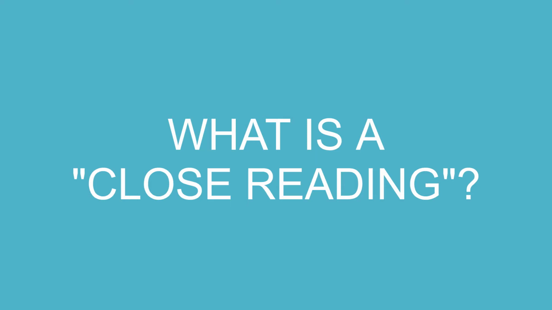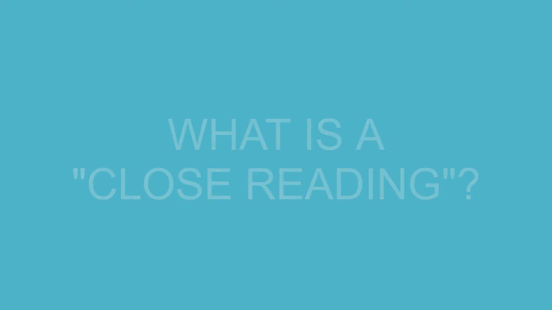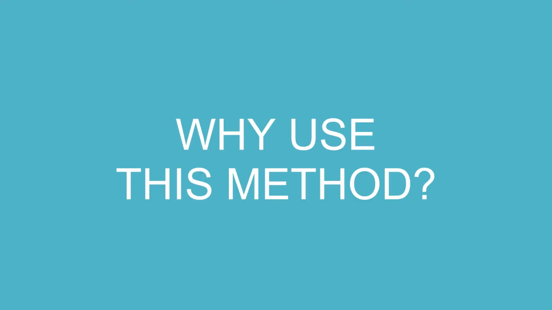You'd probably want to take out a pen and some paper for a close reading, so you can take notes along the way. This method is now considered a very basic way of reading a text with a critical eye, and it's quite important to be able to do it when you go into more advanced literary theory. So why do they want to use this method? Well, because they saw literature as a potentially autonomous form of knowledge. It can teach us a lot.